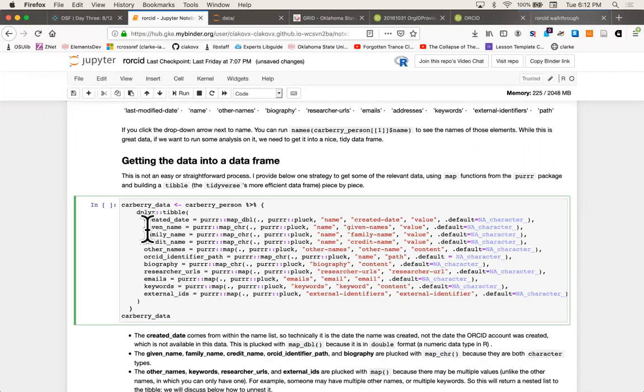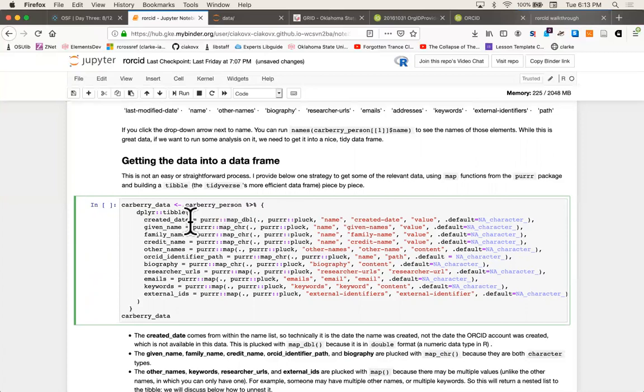And basically what I do here is build up a flat data frame column by column. This is the most precise. Absolutely, it's a bit time consuming,